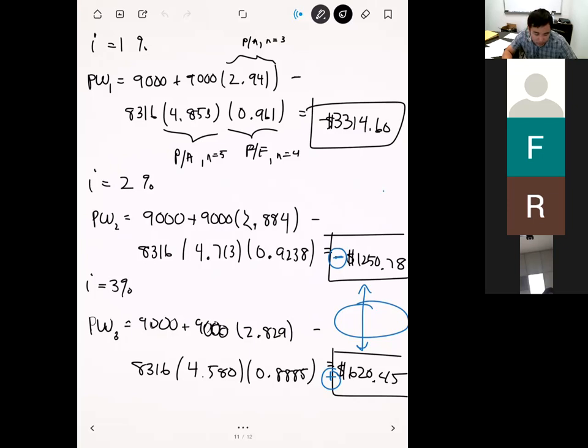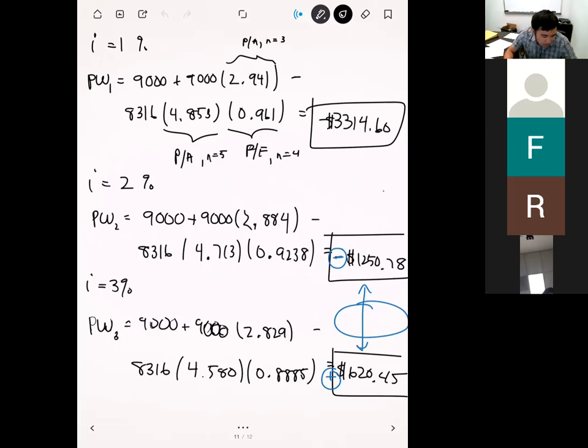From there we checked our interest rate of 2%. And from 2%, what we got was a present worth of negative $1,250.78. We're not quite there yet, but we are getting warmer, getting closer to zero. So let's check one more interest rate. The next one on the table is 3%. We compute the present worth using an interest rate of 3%, and then what we got was a positive